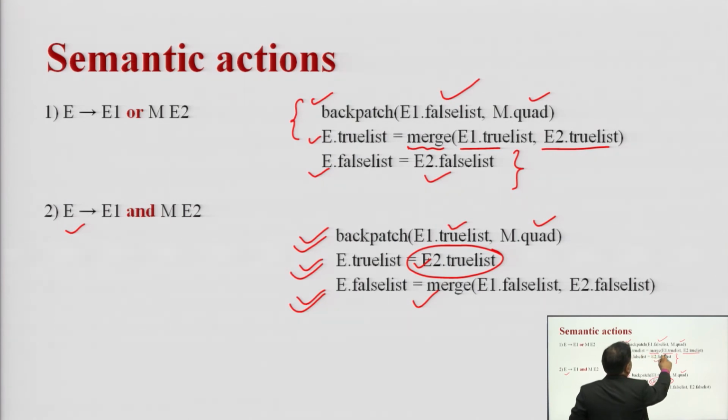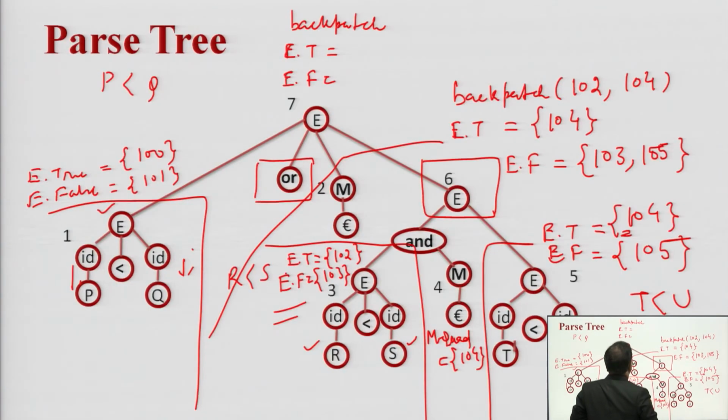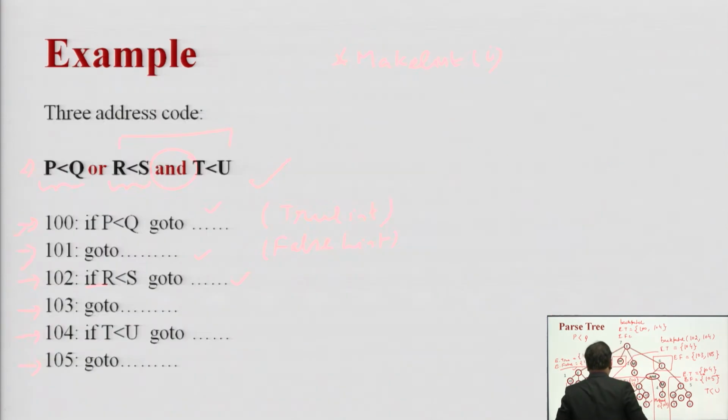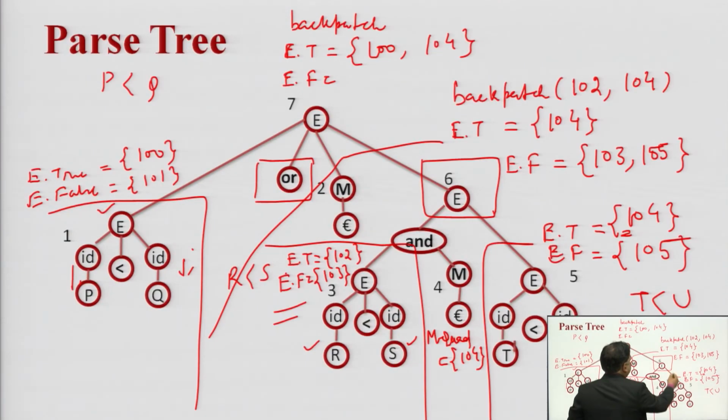E dot true list equals to merge of E1 dot true list and E2 dot true list. E1 dot true list contains 100 and E2 dot true list contains 104, and E dot false list equals to E2 dot false list. So, what is my E2 in this case? This is my E2 and this is E2 dot false list, that is 103,